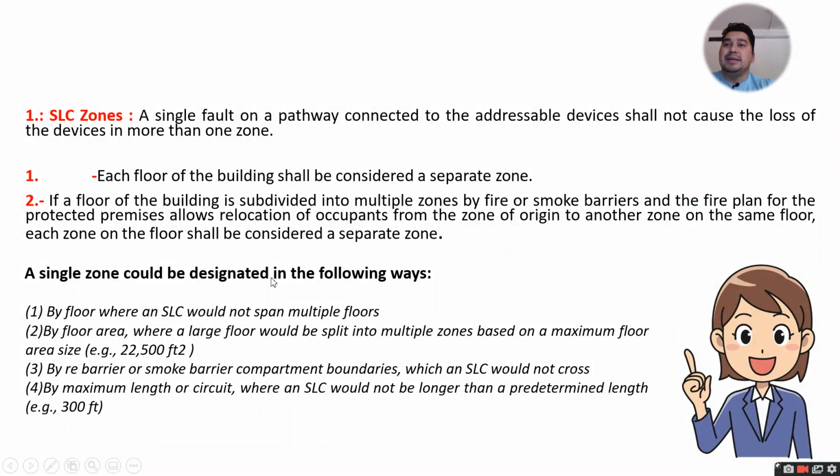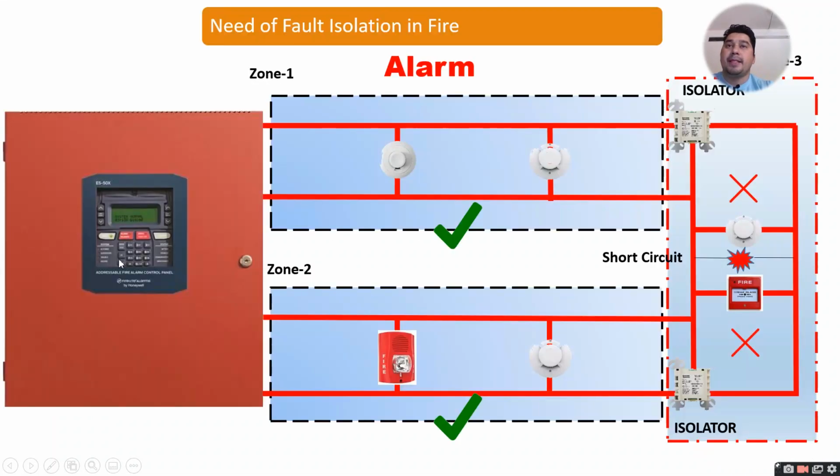A single zone could be designated in the following ways: by floors, where an SLC could not span multiple floors, or by floor area, where a large floor would be split into multiple zones based on a maximum floor area size. These are the other certain requirements. Now, the need for fault isolation in fire alarm systems. How you can avoid the fault